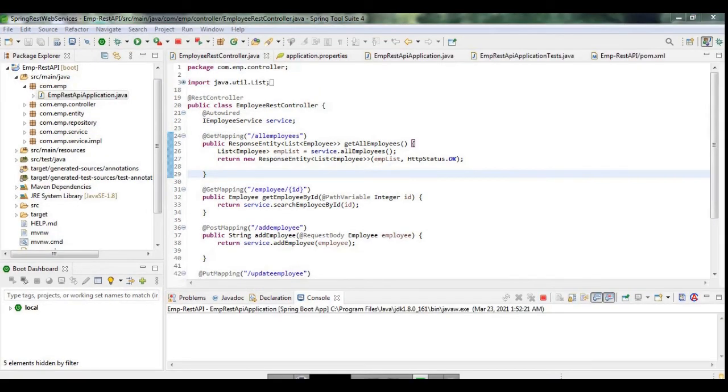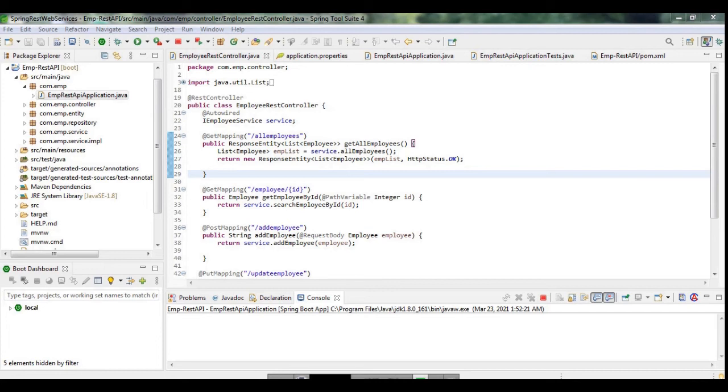As I already told you, the endpoints having the HTTP request type GET can be tested directly in the browser. So these two endpoints above, which have the HTTP method type GET, can be tested in the browser itself. One is for displaying all the employees, and the second is for displaying a particular employee with a particular ID. So let's test it in the browser.